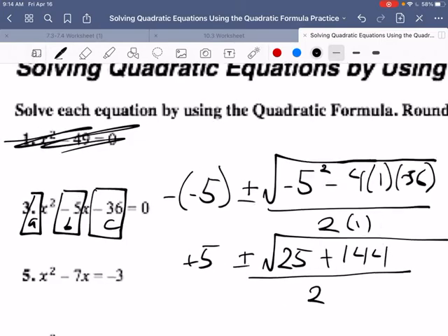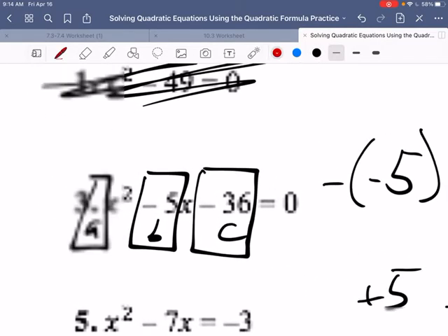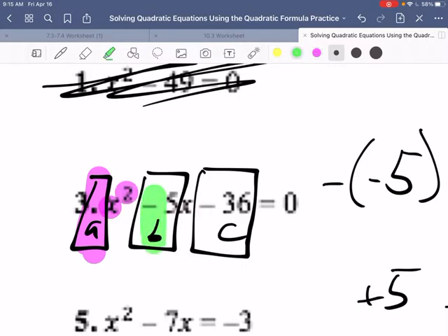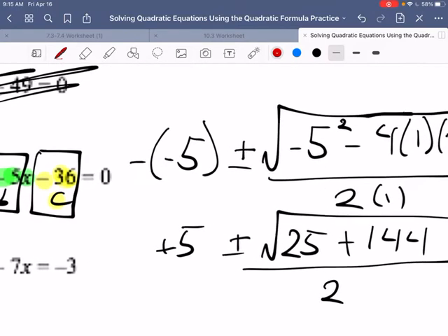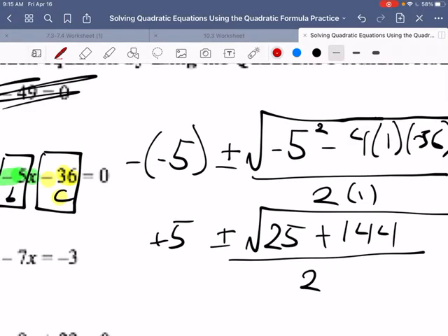Okay. I've got one set up for us here. The important part is for us to remember what A, B, and C are. So if we're looking, we want to remember that A is whatever is in front of x squared. B is whatever is in front of x, so we can see that's negative 5. And C is whatever is without another number here. So we've got negative 36 for C, and over here we can see we plug all of our information in. We've got negative 5